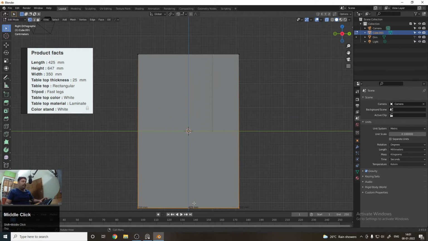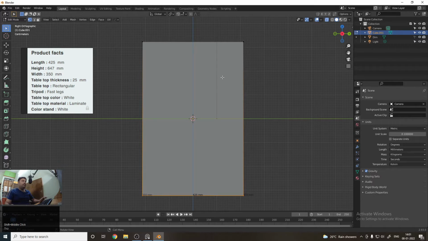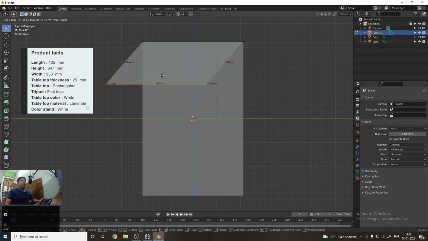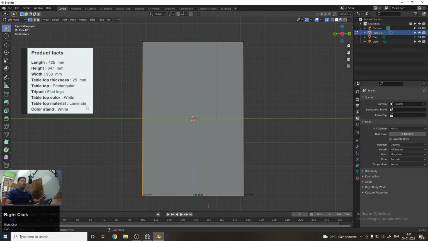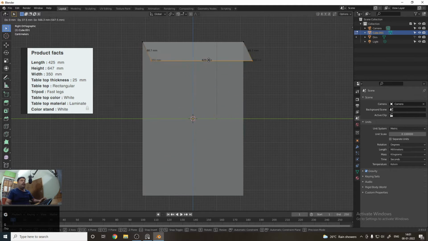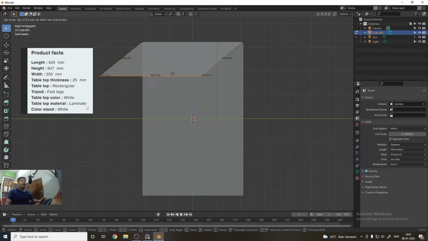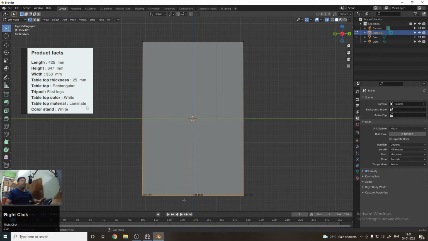So now we can easily scale in the Z axis, but here we will not scale, we will just move this like this into the Z axis. So if you want to move this, what you have to do is press G on the keyboard. You can see here also, press G on the keyboard and you can move, but you can see that it's not moving straight upward, but it's moving randomly upward or side by side. But now I want to move it straight upward on the Z axis.